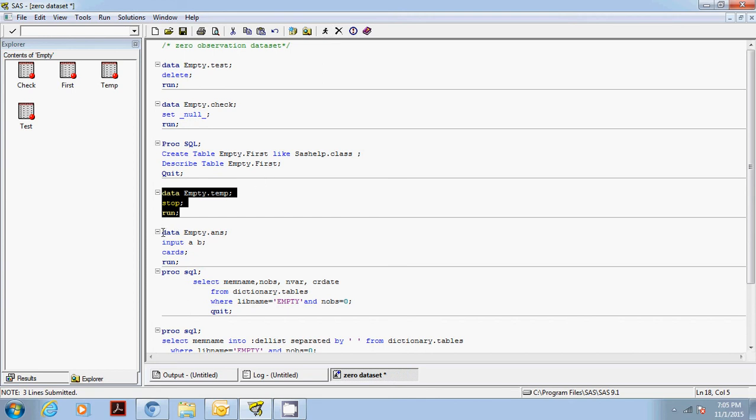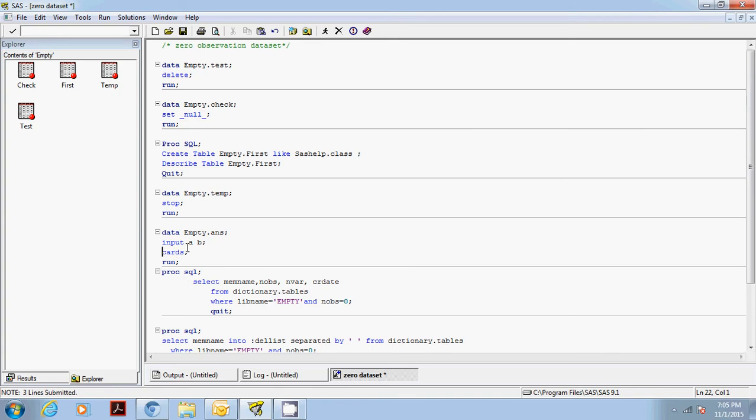The fifth and the final method which I'm going to show is that I'm going to create a dataset by the name ans in the empty library, and I'm going to input two variables a and b, and after cards I'm not going to put any values.